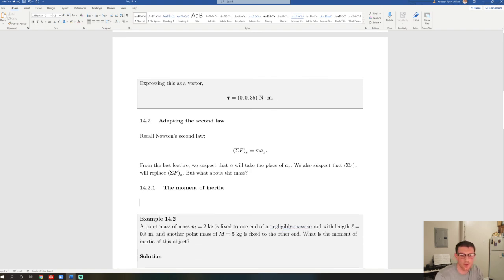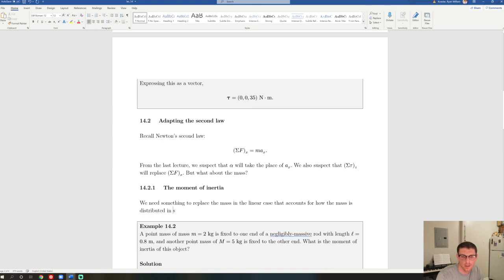We need something to replace the mass in the linear case that accounts for how the mass is distributed in space, because that wasn't necessarily something we were super concerned with when we were working with Newton's laws. But now it's going to be important, and I don't know that I can justify this. I'm just going to say,